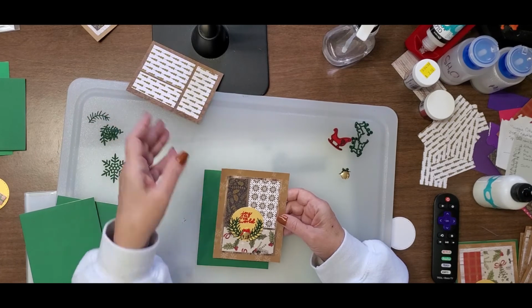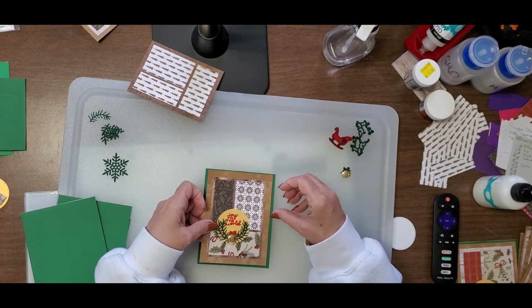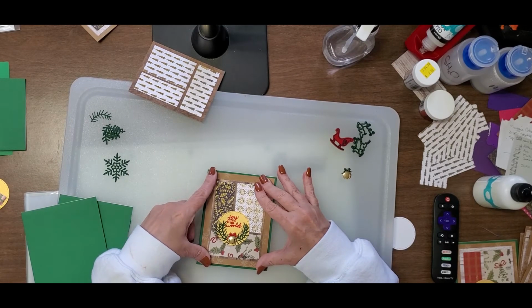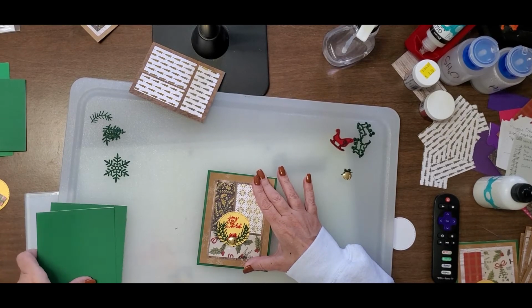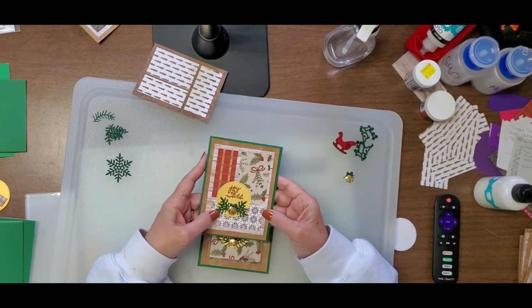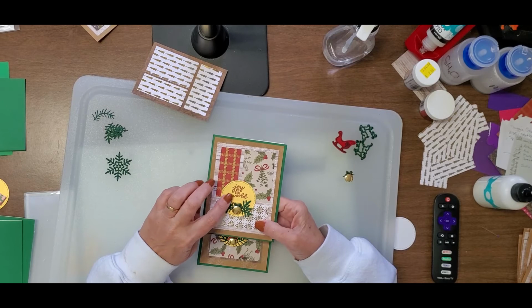And what I did was I cut a 4 by 5 1/4 sheet of paper out of the paper pack to put on the card. So there you have it. Pretty nice. See? And I decided I didn't really like the greens and it was going really, really slowly,